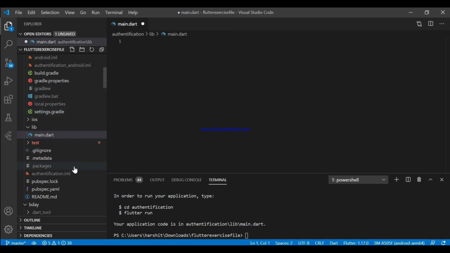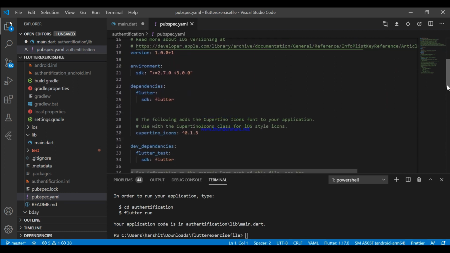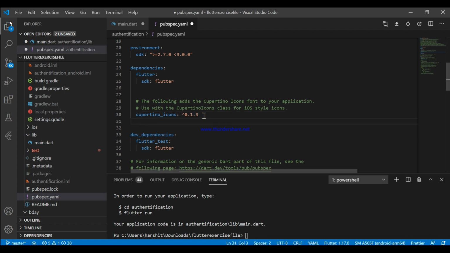Now before we start coding, let's open the pubspec.yaml, and for authentication we need a dependency which is Firebase auth. And guys, here I'm using a specific version of this dependency because if we use an upper version, we need to fix the AndroidX issue.